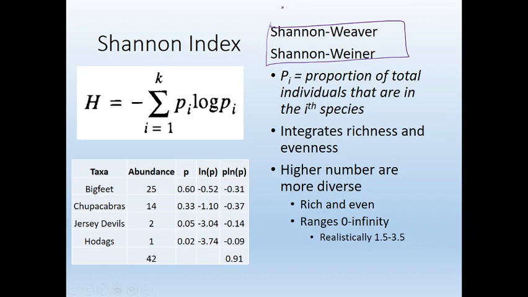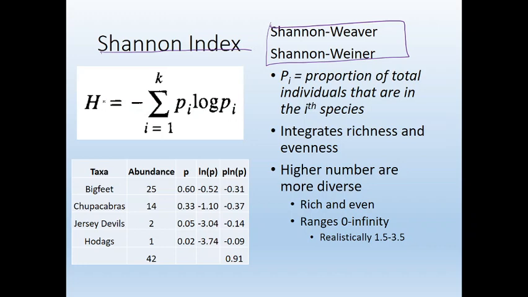And there was a misprint, a typo in one of the articles where it was found, and for a long time it was called the Shannon-Weaver, and then it changed to the Shannon-Wiener. Honestly, I don't even remember which one is right at this point, but let's just call it the Shannon index, and that's what people are moving to these days. But a lot of publications will have either Weaver or Wiener. Now, if you look at this